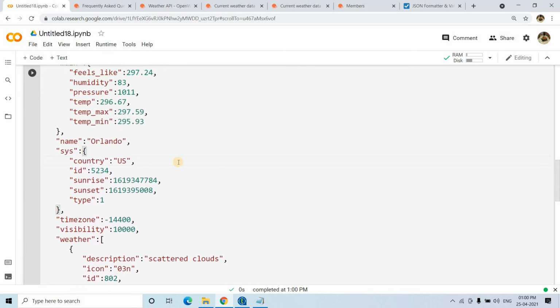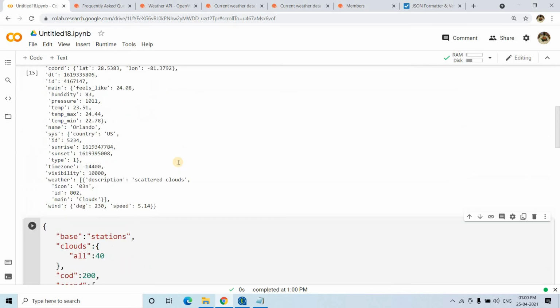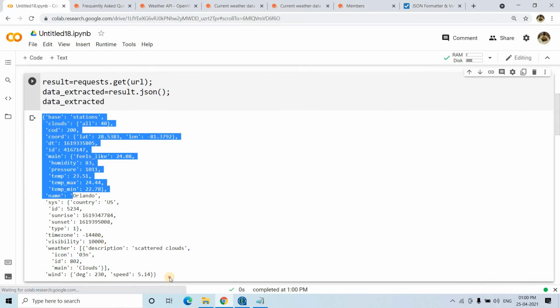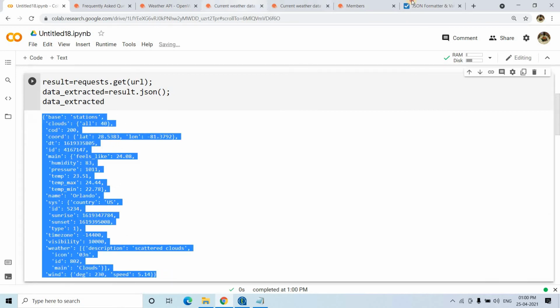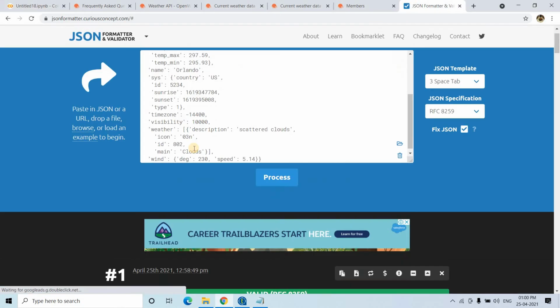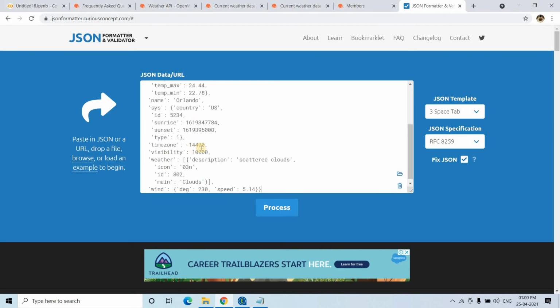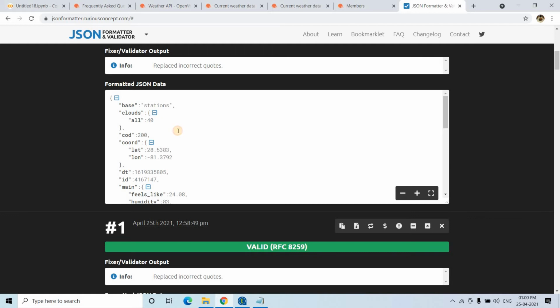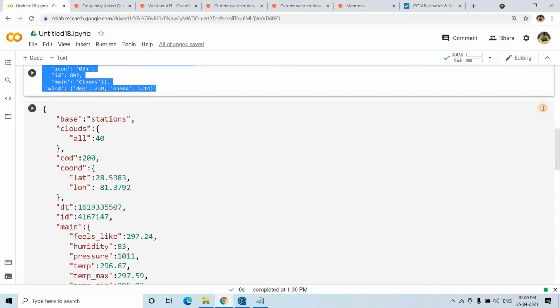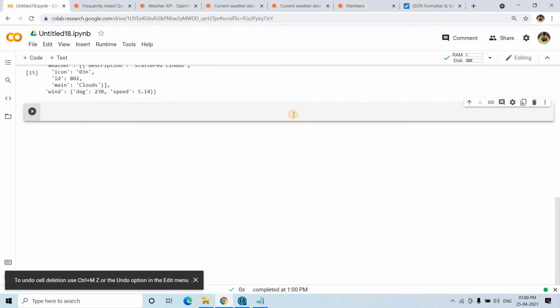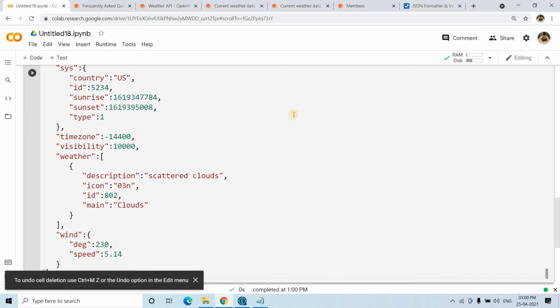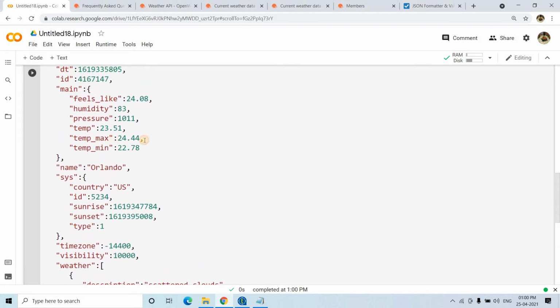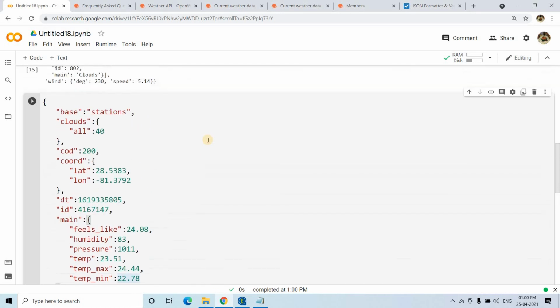So now, whatever information we are getting, let me again go to the JSON extractor. I want to extract the maximum and minimum temperature, but it should look good. That's why I am doing it this way. Now temperature max and temperature min are a little bit familiar in Celsius. We are okay with that.